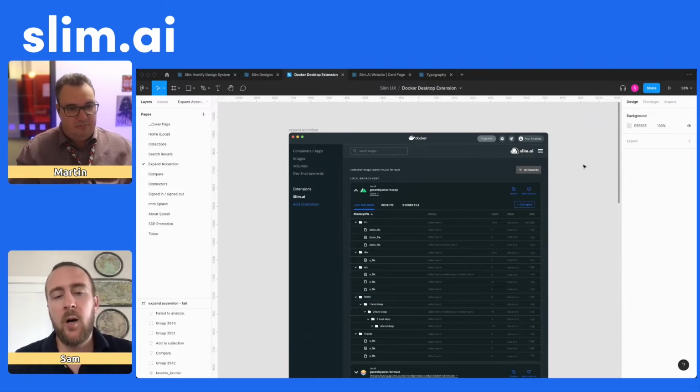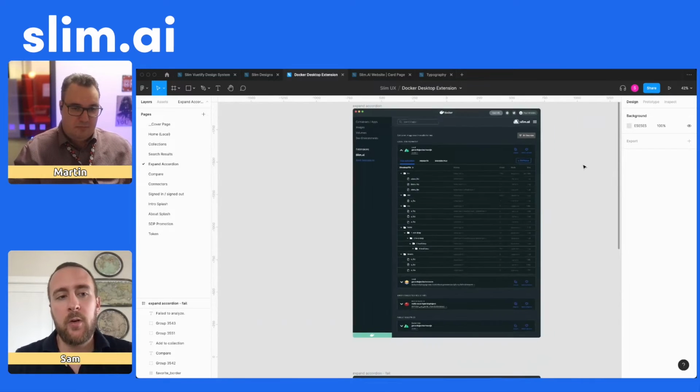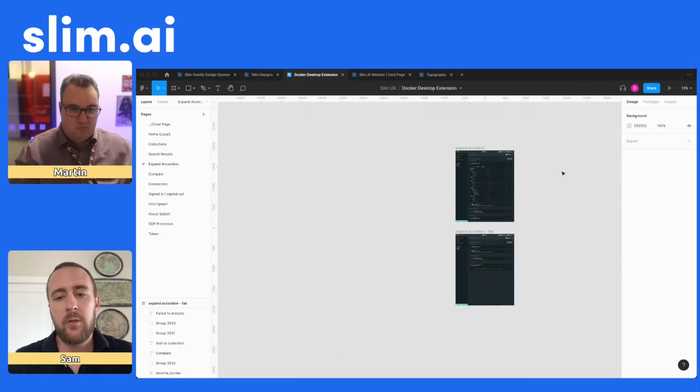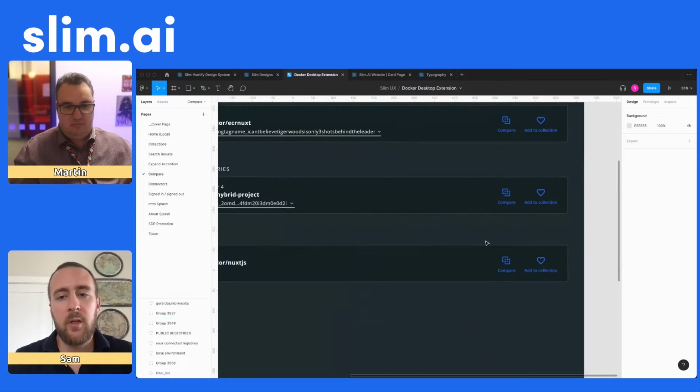But the big aha moment will be when we show it at DockerCon or any of our Twitch streams, when the engineers are actually showing the Docker desktop extension and interacting with it, and you see really how powerful it is. But for this iteration, I have a bunch of designs where it all goes through the different features. And one thing you mentioned is